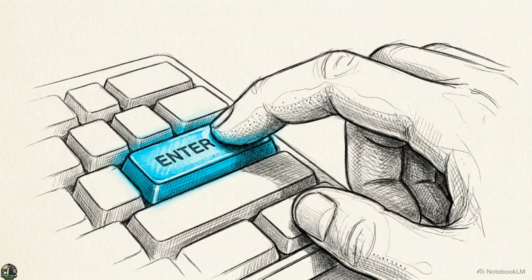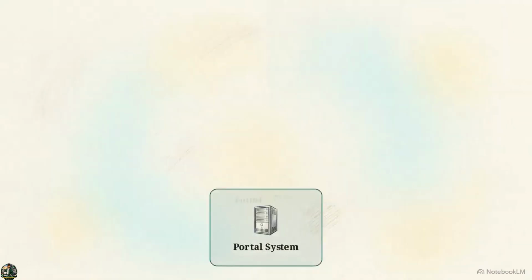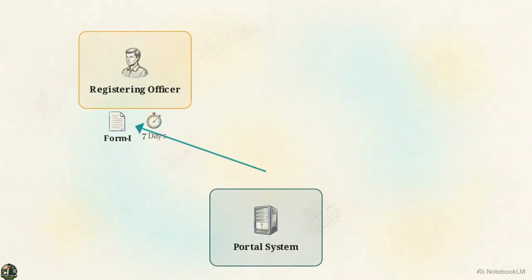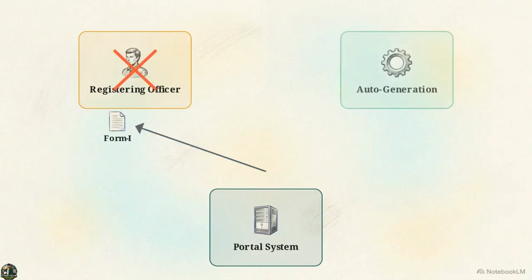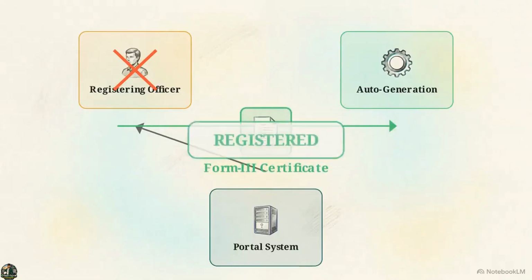Phase 1 begins with a mandatory digital input. An employer submits Form I on the portal, providing establishment particulars alongside validated identity and address proofs. Completion of the submission initiates a strict 7-day window. The registering officer must process the application and issue the Form 3 certificate within this timeframe. If the officer misses the deadline, the system bypasses human approval, automatically generating the Form 3 certificate, granting registered status